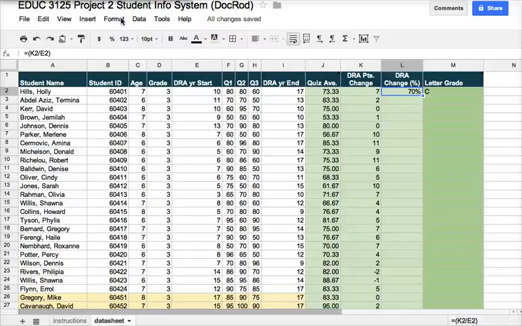So I've formatted the cell, the column, and then I've inserted the formula that I have here. Very simple formula. We're just dividing the previous score by the newer score, and that should give us the change over time. And since it's a percent column, it already does the 100% calculation, or will calculate percent, multiplying by 100. Then I'm going to pull this down,